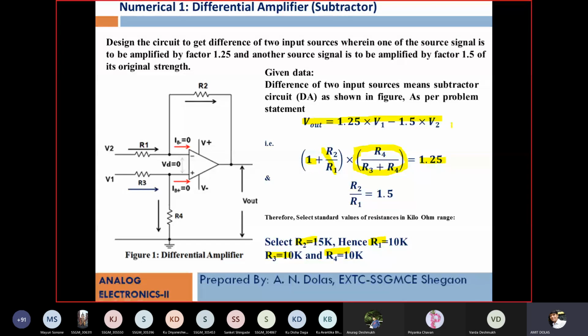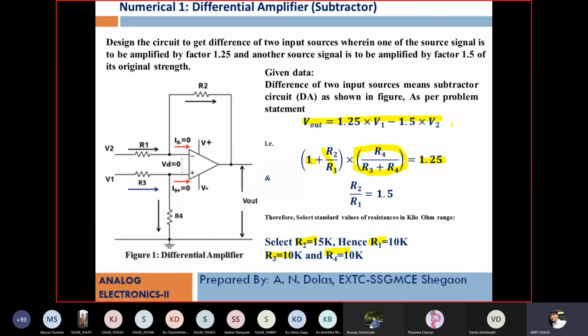So this is how we can solve. If you need, I'll wait for 2-3 minutes. You please note it down: diagram, problem statement, and solution. Of course, as I'm explaining on the PPT, I have kept circuit solution formulas on a single PPT to understand. You please have a step-by-step solution. Mention everywhere where some theoretical point, like the first signal source is multiplied by 1.25, therefore 1.25 into V1, another is 1.5 into V2.